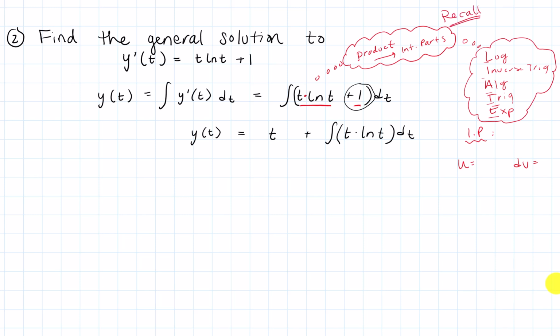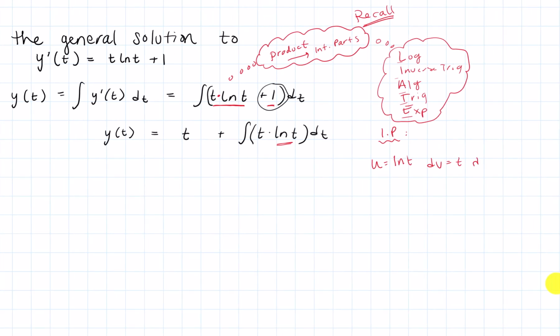Integration by parts. So since I have a logarithmic function in my product, I'm going to let that be my u, and my dv will be what's left. So my dv will be t dt. And so my du is 1 over t dt, and my v, when I integrate t, I get t squared over 2. So when I do my u times v and then minus the integral of v du, I can use my little notes right there. So the integral of t natural log of t is going to be equal to u times v, which is t squared over 2 times the natural log of t,